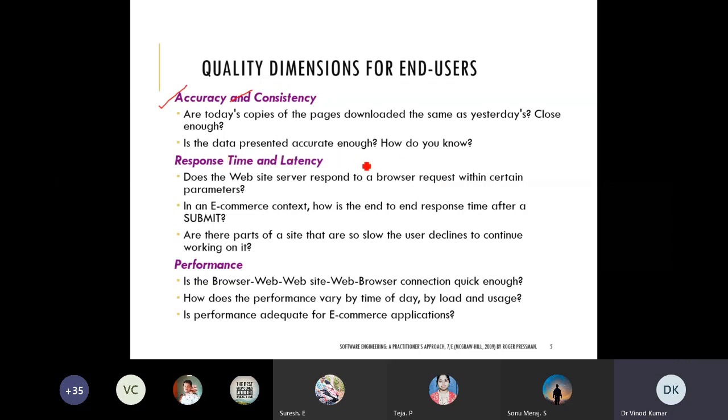Is the data presented accurate enough? Accuracy is compulsory. Don't give inaccurate data. And how do you know? That methodology is important, and you also need to state it.